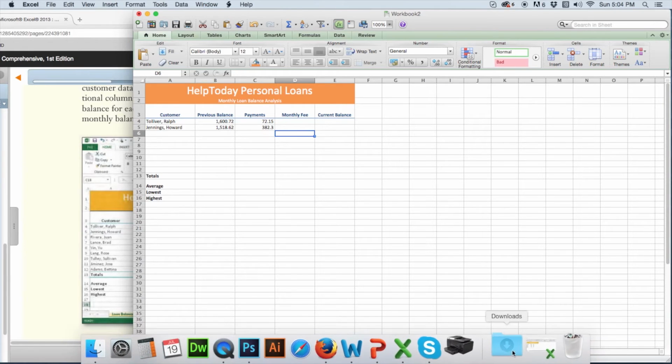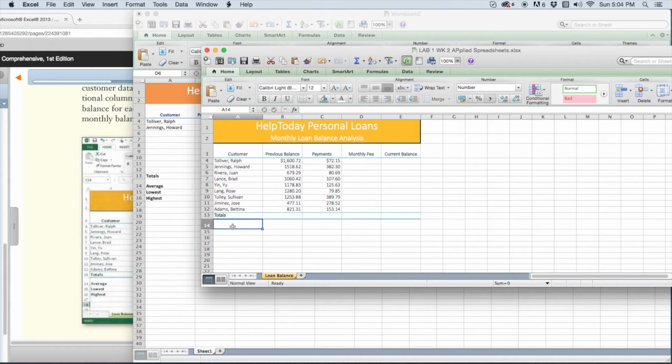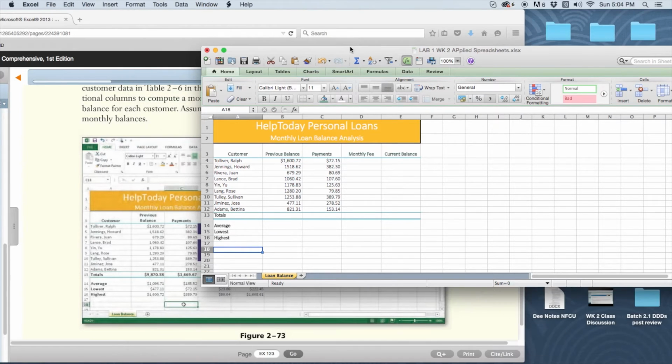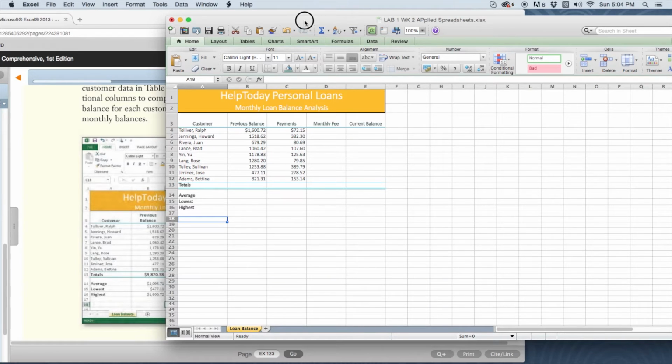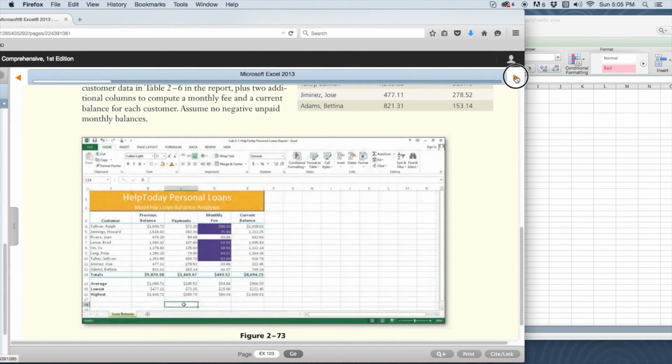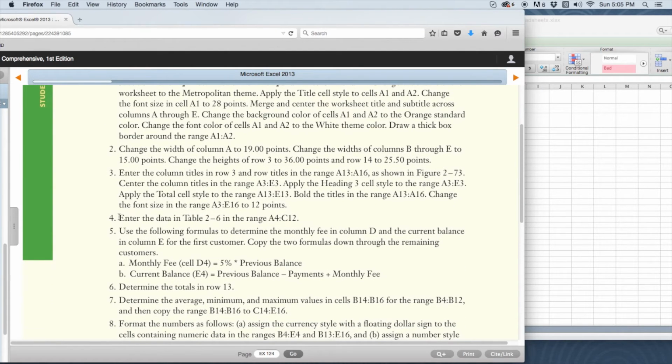Let me fast forward so that I can open up where I have transferred in most of that data minus average, lowest, and highest. Okay, so we are now together. You would have entered in all of your data from the figure, and now we can move on to the next steps. We've completed up to number 4, and now we're getting into step number 5 of entering in the